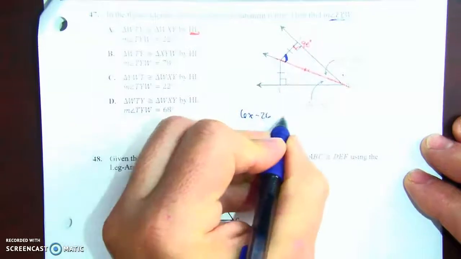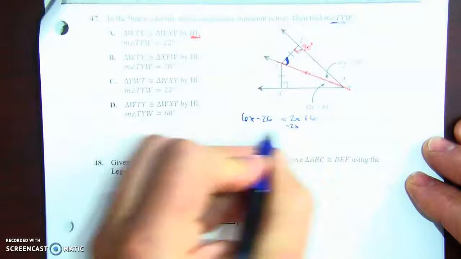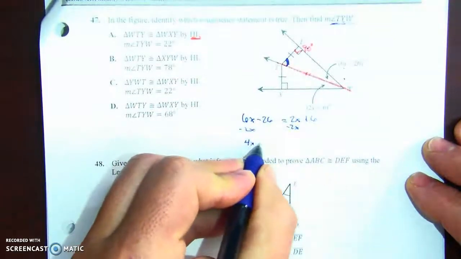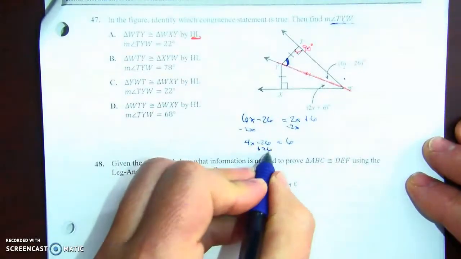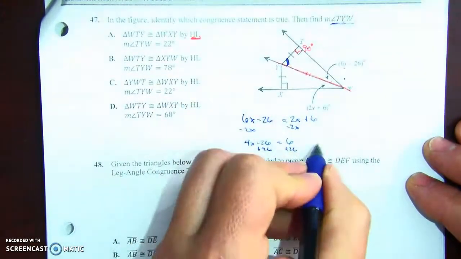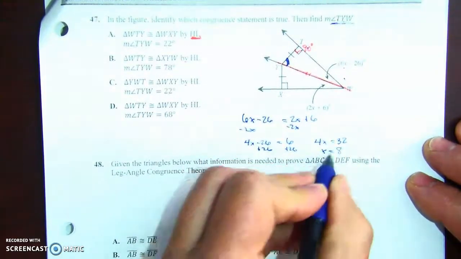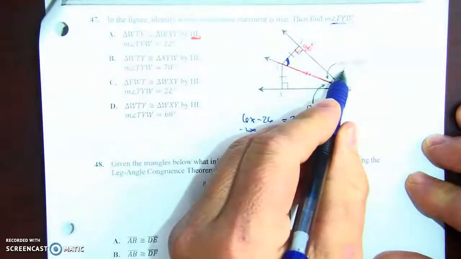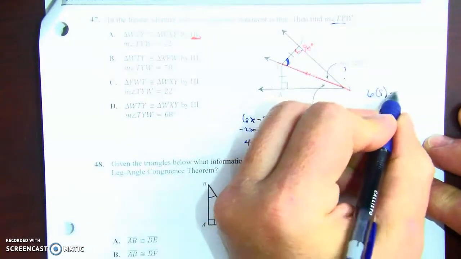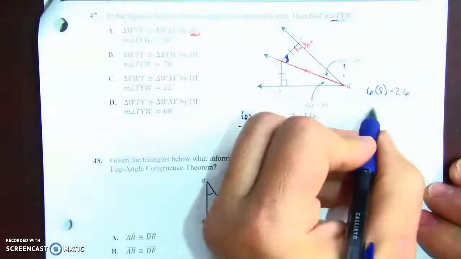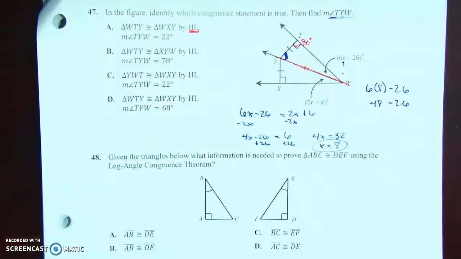6x minus 26 equals 2x plus 6. Subtracting 2x from both sides gives us 4x minus 26 equals 6. Add 26 to both sides. That gives me 4x equals 32. X equals 8. So that's what our x equals. I'm going to plug 8 in for x here. 6 times 8 minus 26. So 6 times 8 is 48. Minus 26, which is going to give us an answer of,